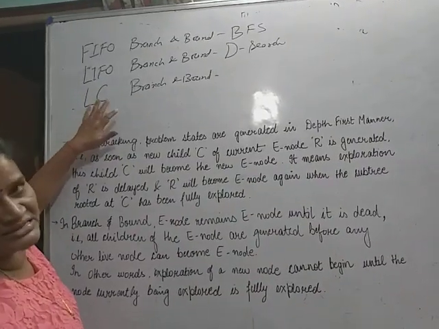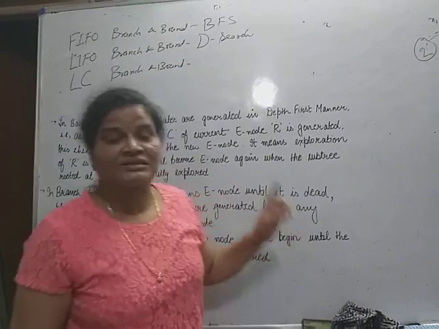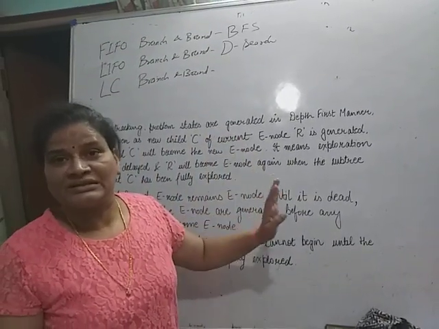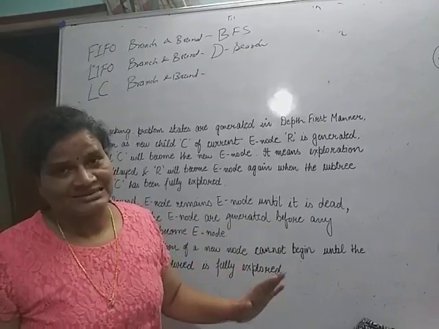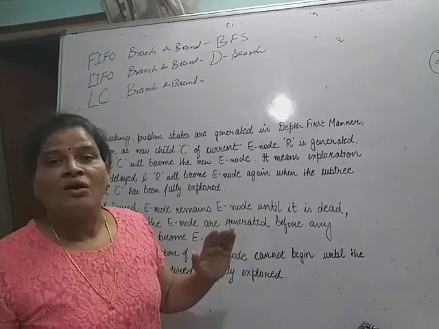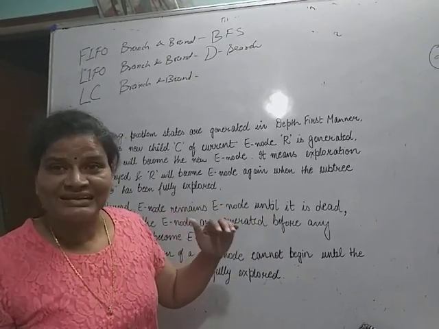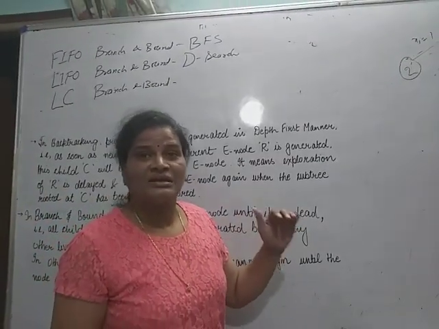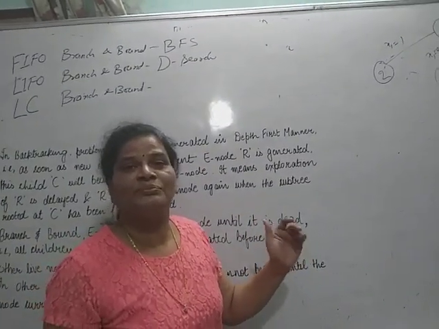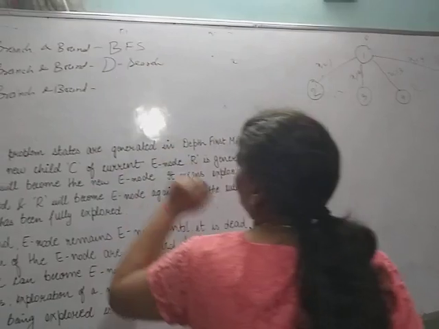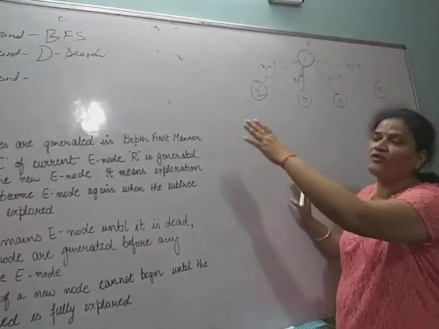These are the three mechanisms by which we can solve any problem, but in all the three mechanisms the concept is the same. E node remains E node until it is dead, or in other words, when all the children of the current E node are generated before any other live node becomes E node. Okay, now I am considering them one by one. If I am considering FIFO branch and bound,